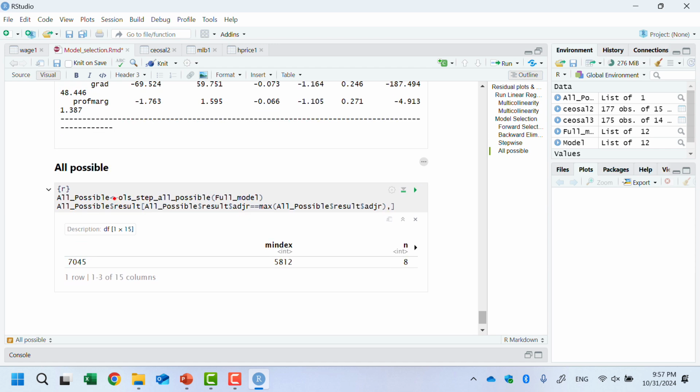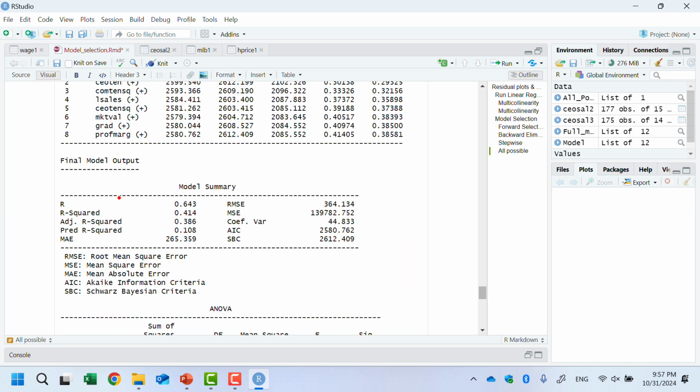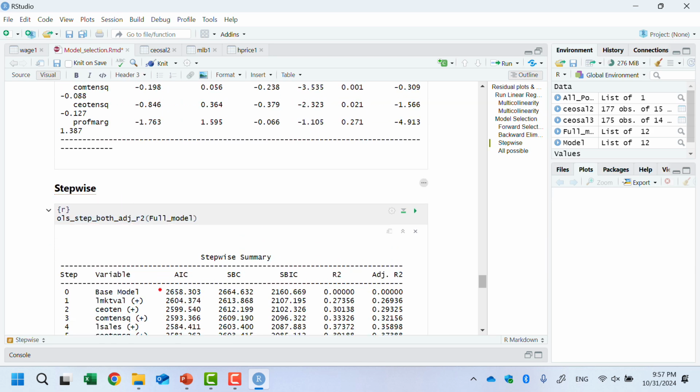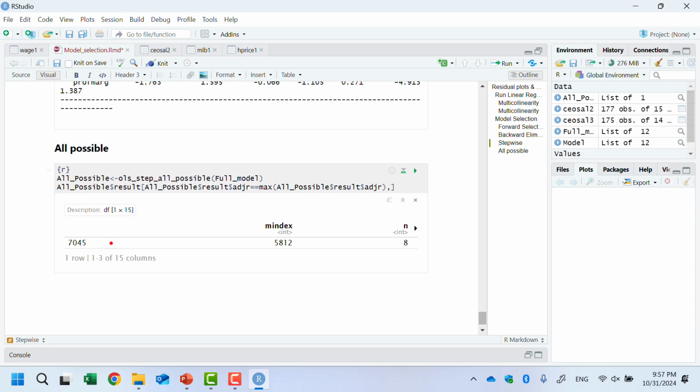The difference here is that you don't have to save the result. You can just run the function, then you get a result. However, in the all possible cases, you have to save the outcome as a variable. Actually, this does not contain only one number. It contains a lot of information. So all possible is the outcome file. Inside of that, there is a result.